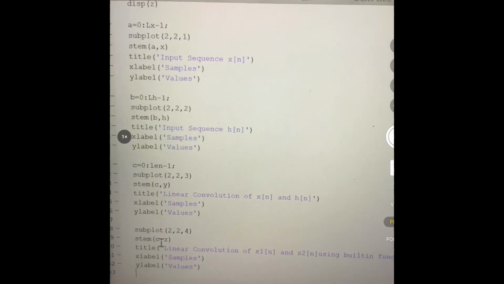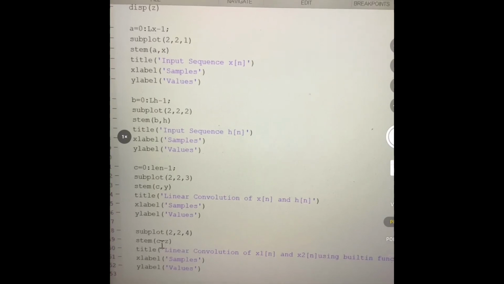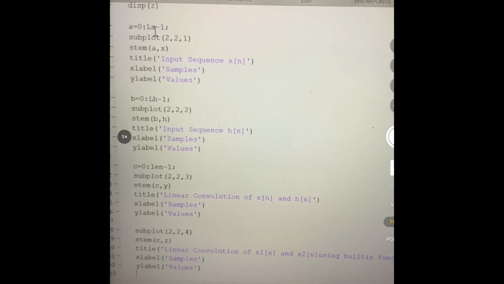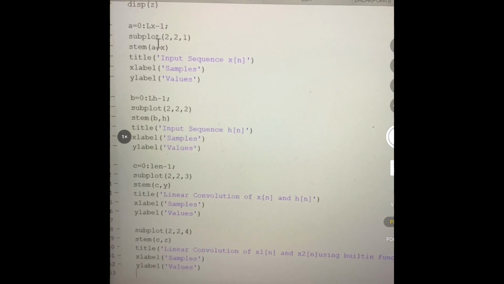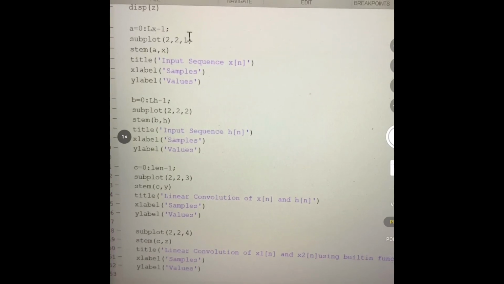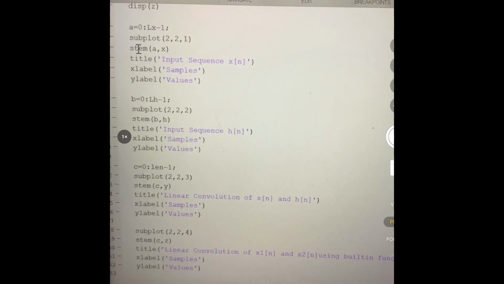Now in order to plot the graph, first the input sequence has been plotted. Just give a is equal to 0 to Lx minus 1 and divide the figure window into 2 rows, 2 columns, and consider the first area. Stem of a, x means it will plot in a discrete manner.